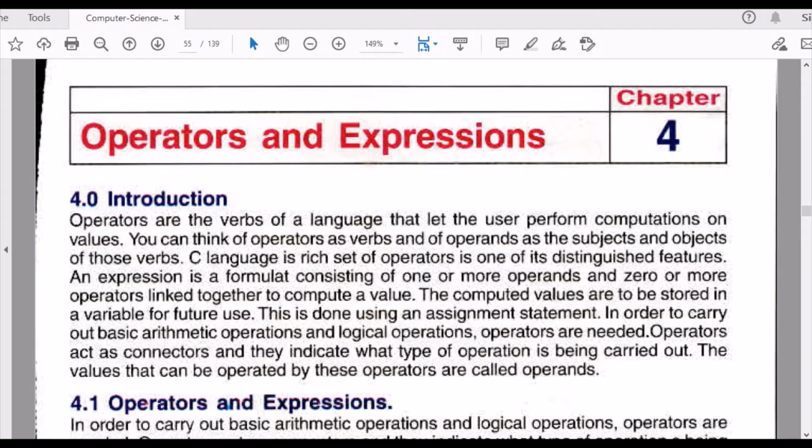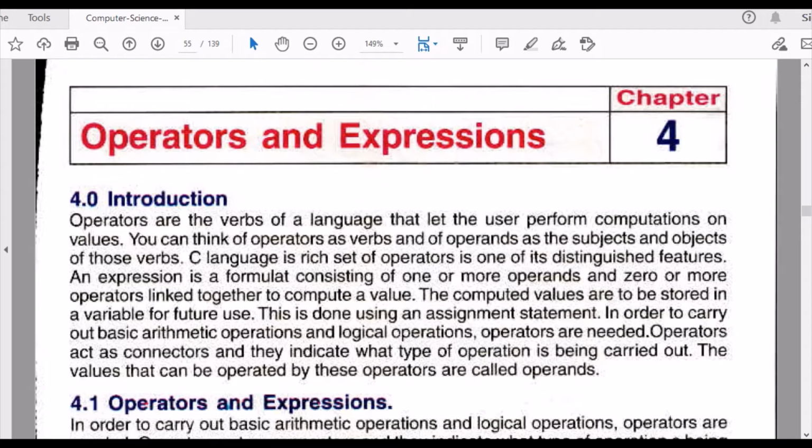This statement basically tells you that you can remember operators as verbs as you use in English language. Alright? C language has a rich set of operators, which is one of its distinguished features.